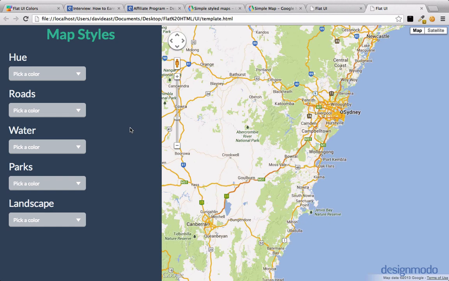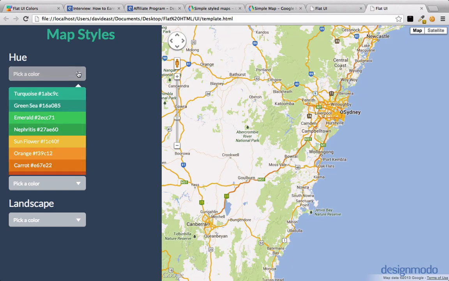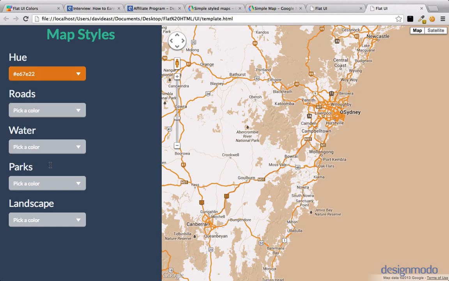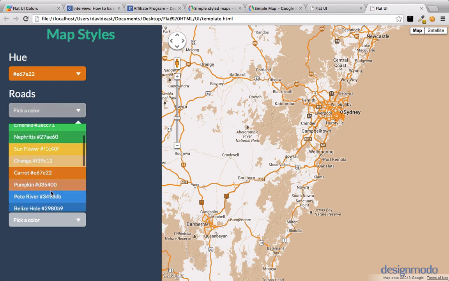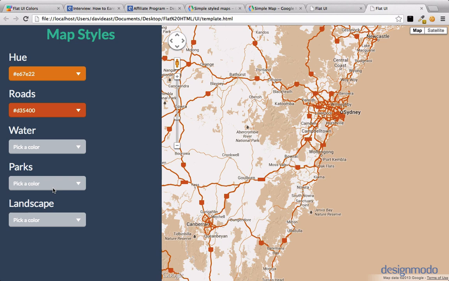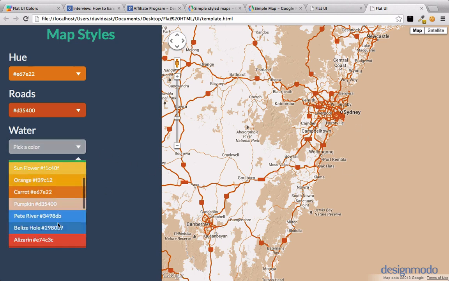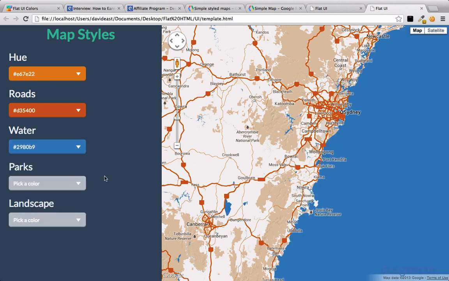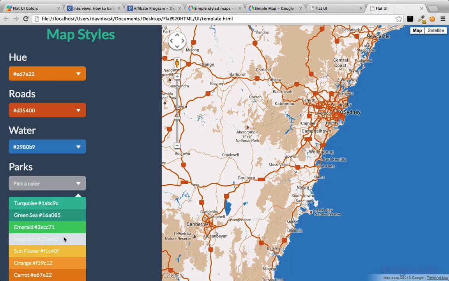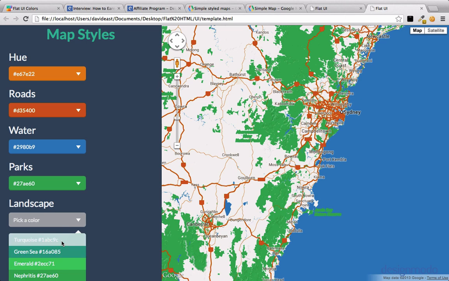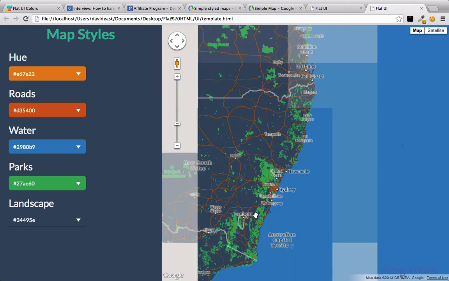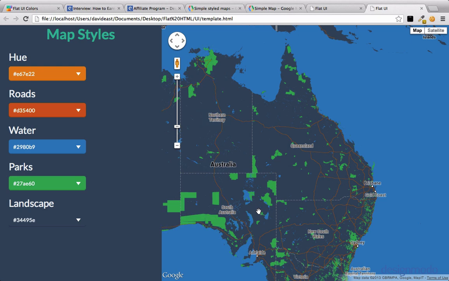So now on our page, let's apply our styles. So let's create a hue of orange. And so now we see we have a map with an orange hue. And then let's style the roads to be a pumpkin color. So now we have a dark orange road. And let's say we want the water to be Belize Hole. And let's change the parks to be Nephritis. And we'll change the landscape to be wet asphalt. So now we'll zoom out a little bit, and we can see that we have a nice little map full